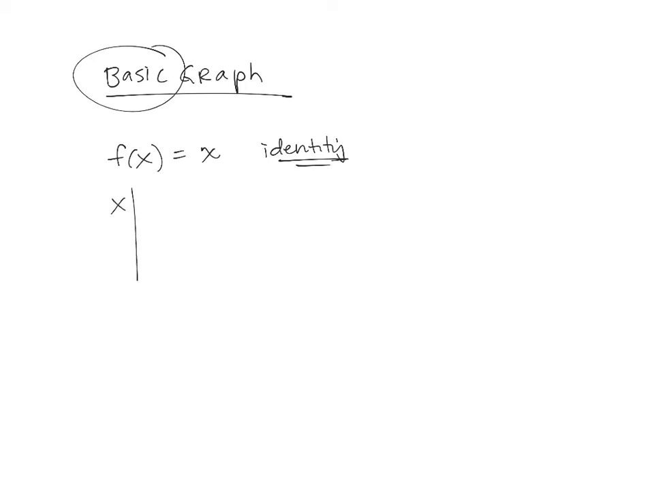So just a quick table. If I plug in a 1, I get a 1. Plug in a 0, I get a 0. Plug in -1, get -1. That's what we mean by identity. Everything stays the same. So if I want to graph this guy,